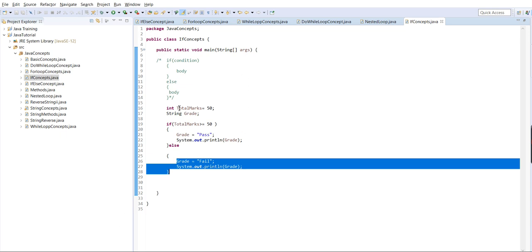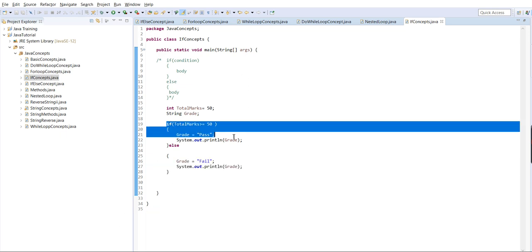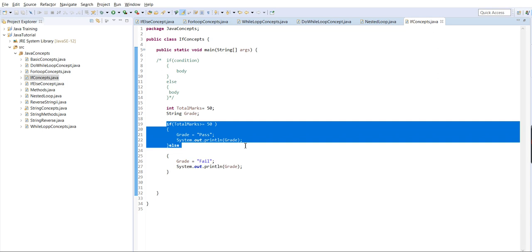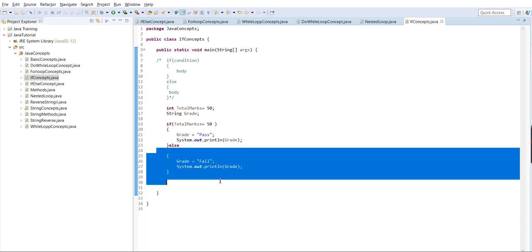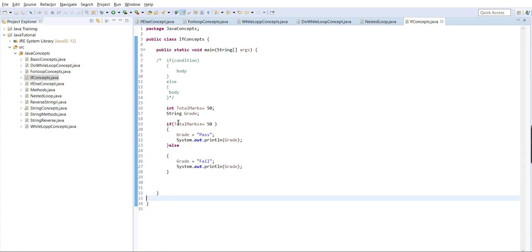So this is like if we have two conditions. If something is satisfied, then this block will be executed, if not satisfied, then the else block. What if we have multiple conditions to check? If this is not satisfied, then this condition. If this condition is not satisfied, then this condition will happen. So in that case, we use else if. So the syntax of else if is,